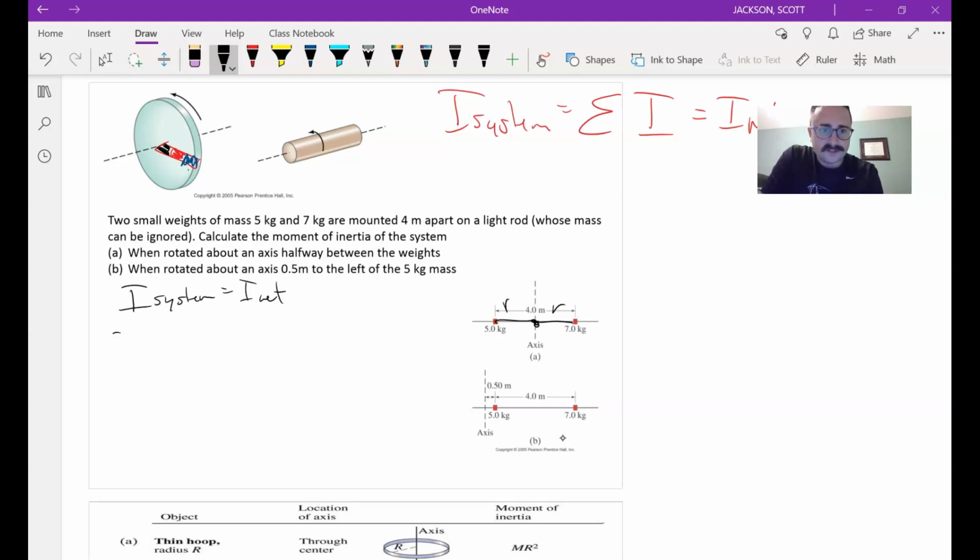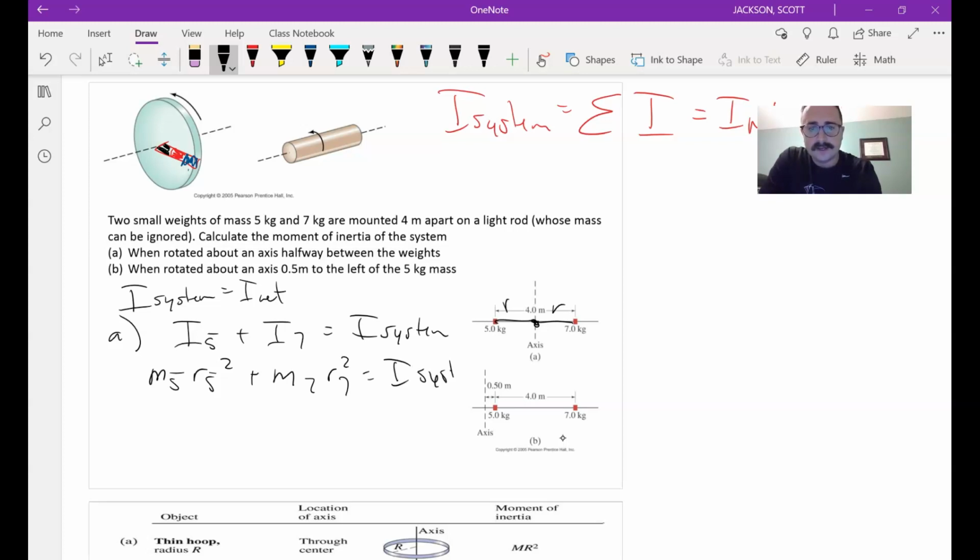So for this first system, A, I would do I of the 5 plus I of the 7 equals I of my system. So then this is M5 R5 squared plus M7 R7 squared equals I of my system. So this is going to be 5 kilograms times R, which is 4 squared meters squared, and that's the correct unit. The unit for I is kilograms times meters squared,